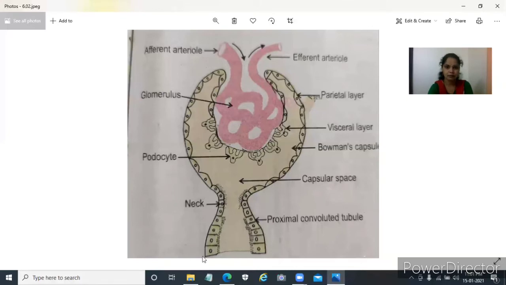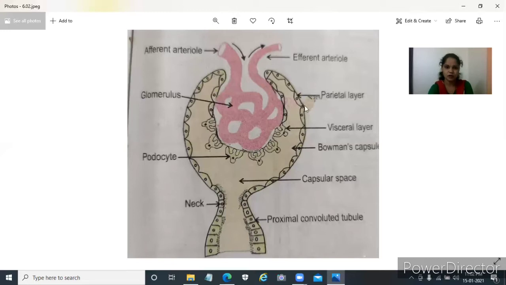It's a Malpighian body or the renal corpuscle. Malpighian body or renal corpuscle is made up of mainly two parts. One is a glomerulus. Glomerulus is a branching tubular network of capillary, while the cup-shaped cavity is called a Bowman's capsule. Means the glomerulus and the Bowman's capsule collectively are called Malpighian body or the renal corpuscle.